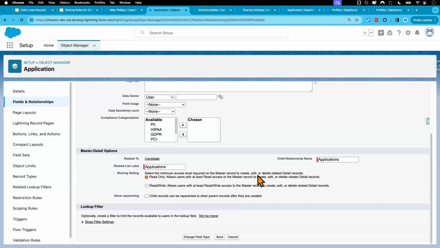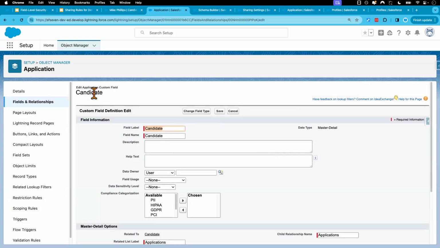This default configuration now says that if a user has read-only access to the candidate record, then the user will be able to create, edit, or delete the related detail record, okay? Again, yes, the user will be able to perform these operations if they have read-only access to the parent record, but we also have to make sure the user's profile has create, edit, or delete access to the candidate object,